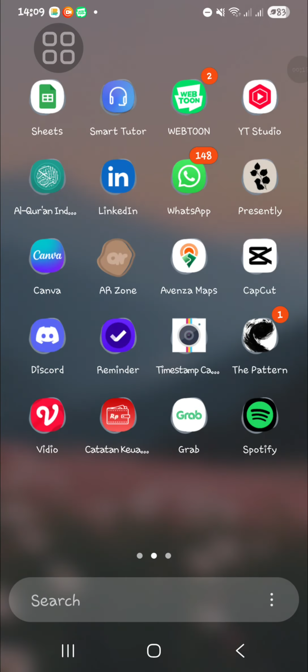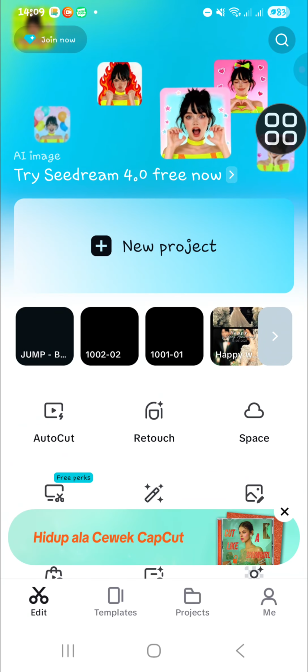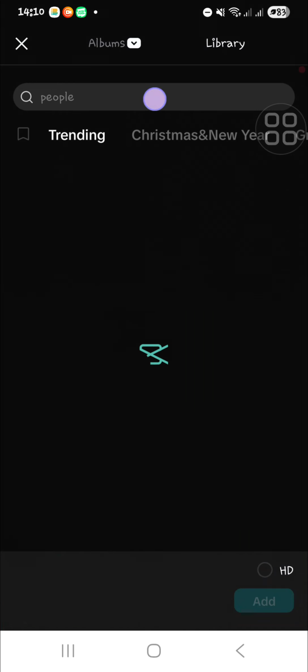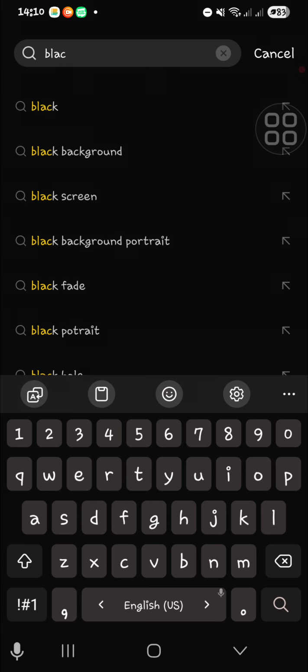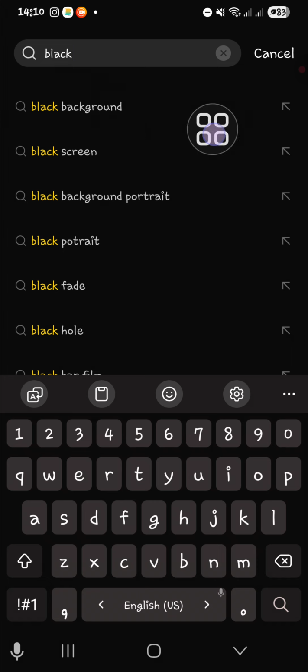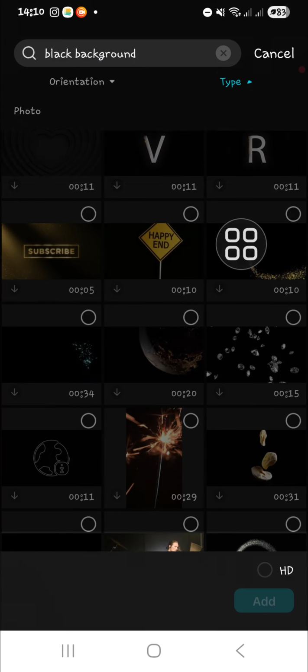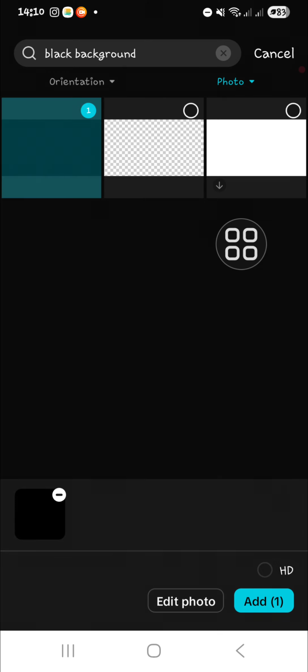First of all, open up your CapCut application on your mobile phone and then you're going to create a new project. You can click on new project here and you can go to the CapCut library and you can search black background or white background. It depends on the background that you want to use, and I'm just going to use the black background, and I'm going to change the type to photo, and we can choose this background. I'm going to add this background to my